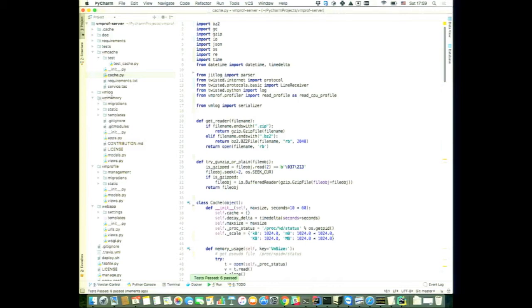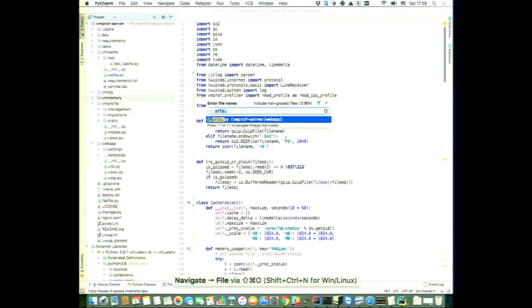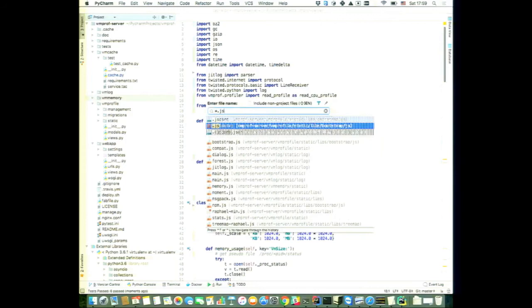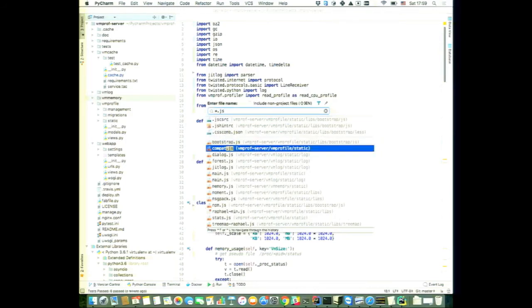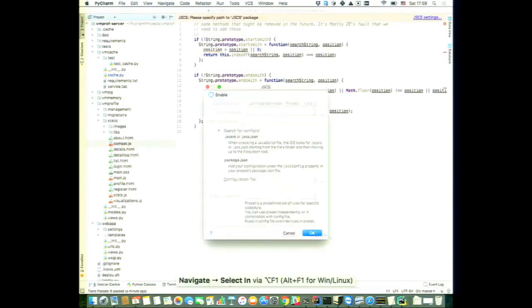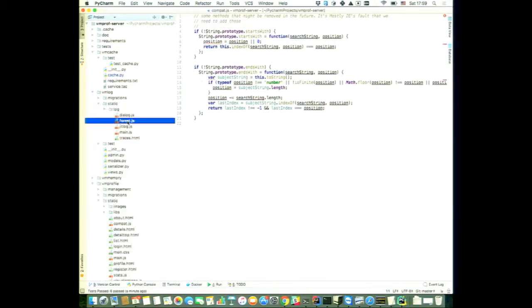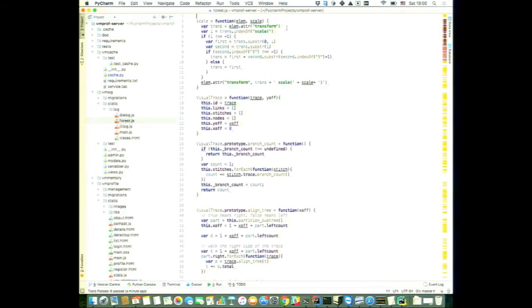For example, here we have some JavaScript code. Let's look for it. For example, we go to here, and you see that we have here also inspections that say that